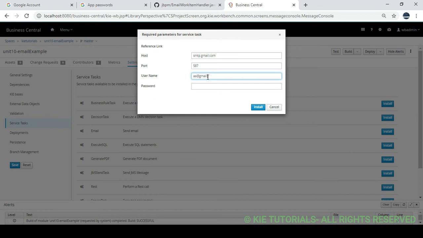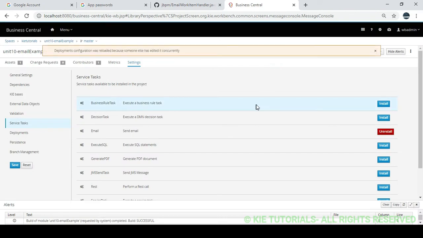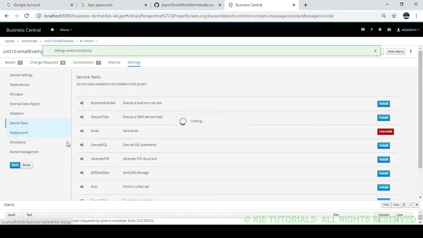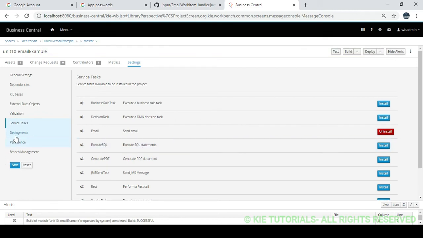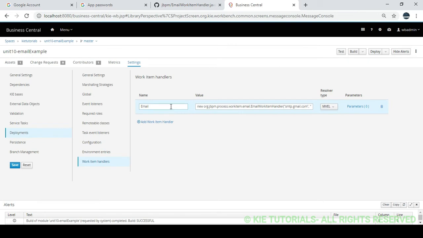gmail.com and password some abcd. First let it generate, then save this, so that under the deployments, in the work item handler category, the email is generated.